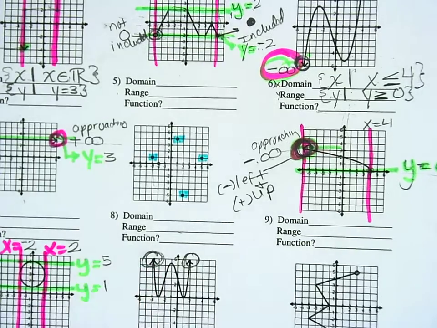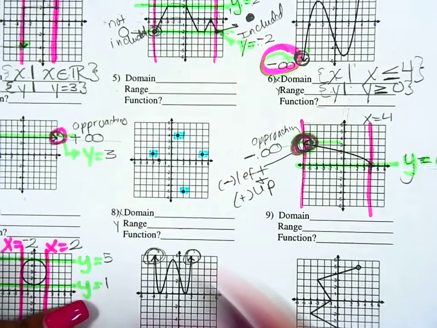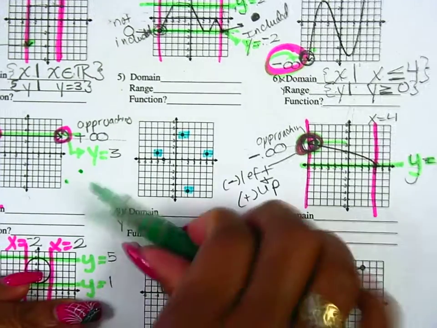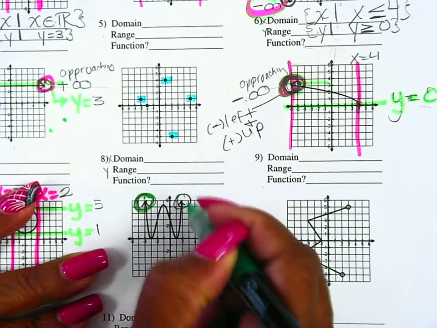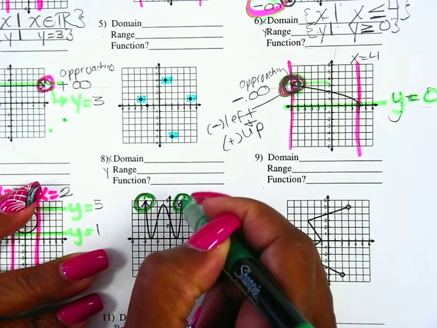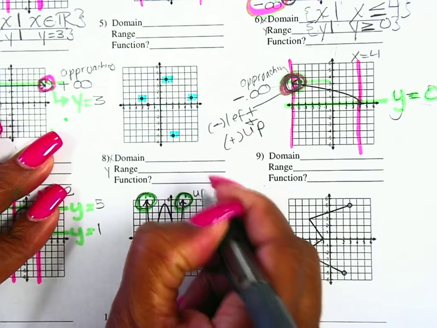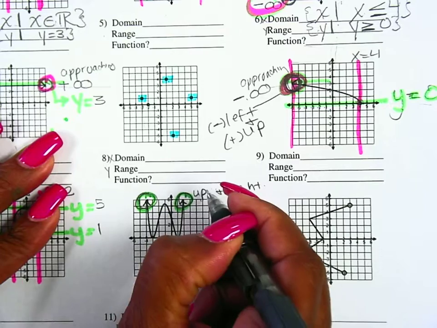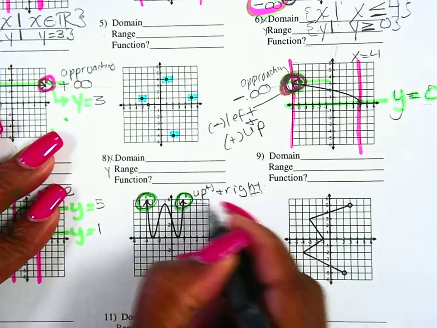Number 8. Here we go with number 8. Do the domain. Remember, the domain is your x. The range is your y. So for this continuous function, we have those arrows. But let's do this. For the domain, I'm dropping this. We've got an arrow there and an arrow there. So that means this is going up. Here, this is what's going on. This is going up and to the right. Up is positive, and right is positive. So this right here is approaching